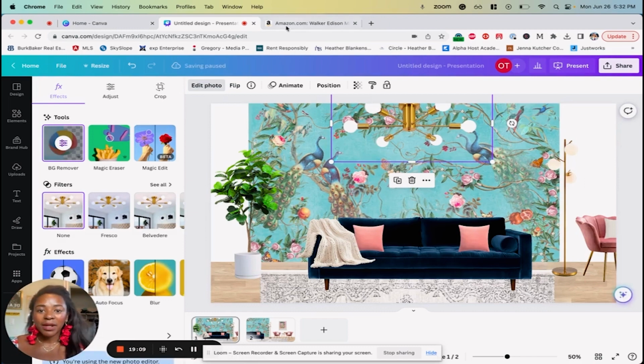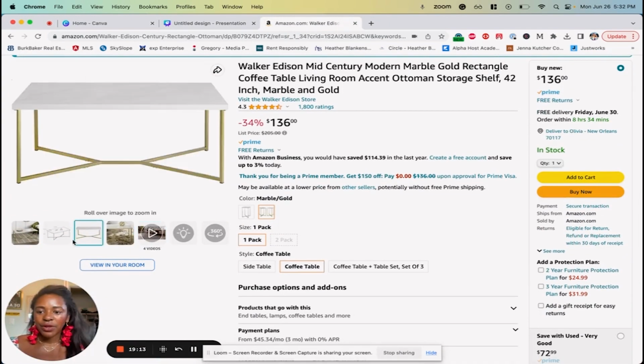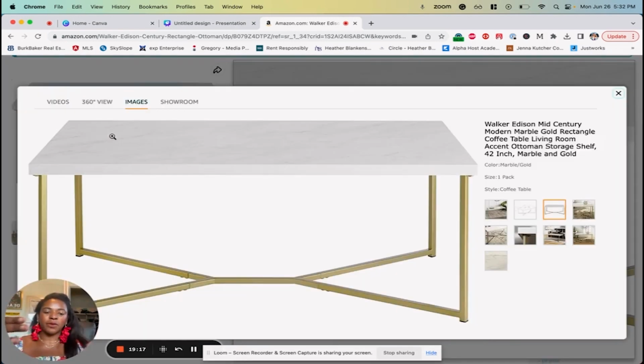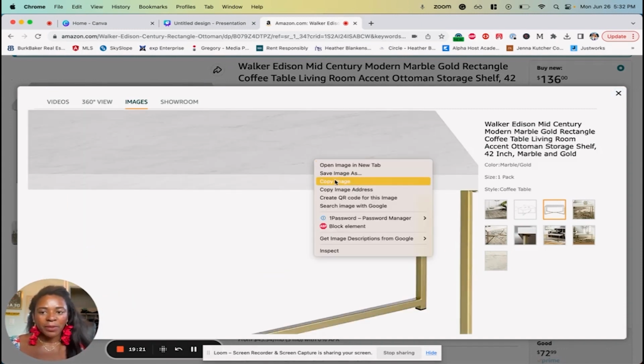And then the last thing I'm going to add is a little coffee table. So there's many you can pick from. I'm probably going to pick this one since my couch is facing forward. I want to kind of keep that consistency. So I'm going to copy this image here